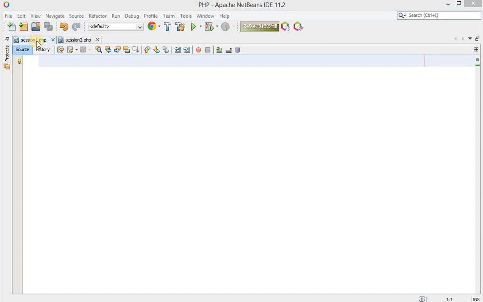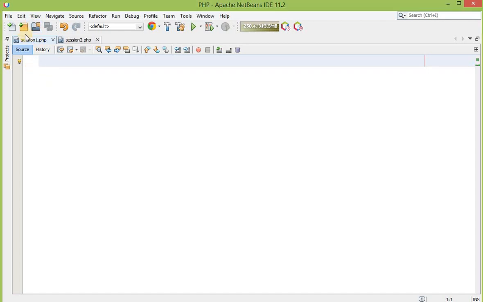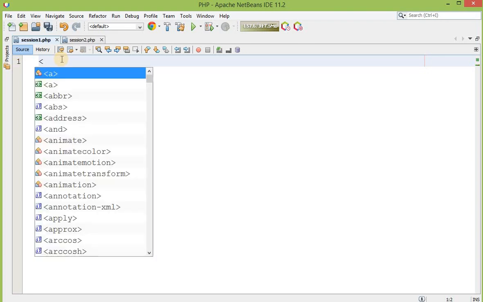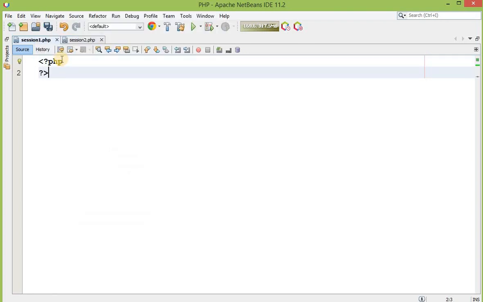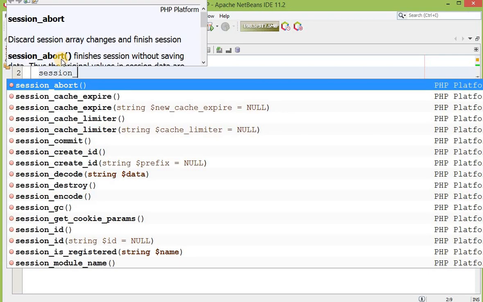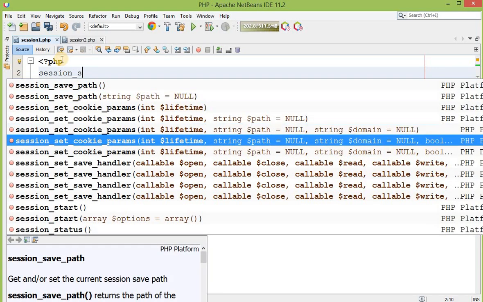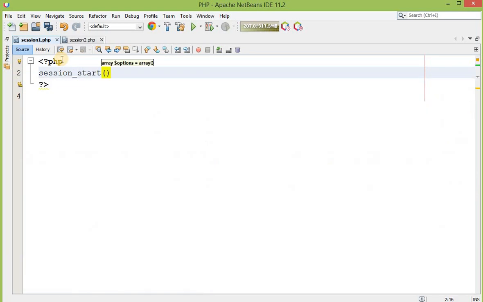First of all, this is my page session1.php. Whenever you want to manage your session using the session technique, the first line of your code in every page is the session_start method.